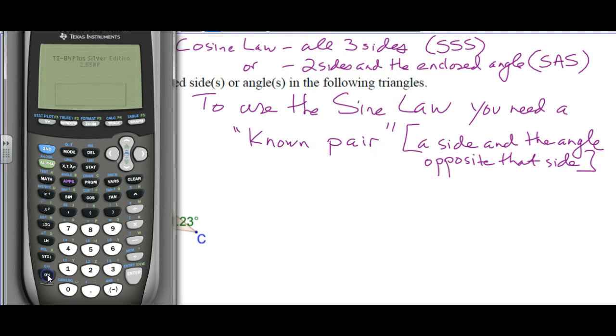Okay, so most important thing when you got the calculator is you go to mode and you take it into degrees. Your calculator will be cleared before a test. You're going to walk in, you're going to clear your calculator on the way in. Then you have to set it to degree mode. If it's not in degree mode, then